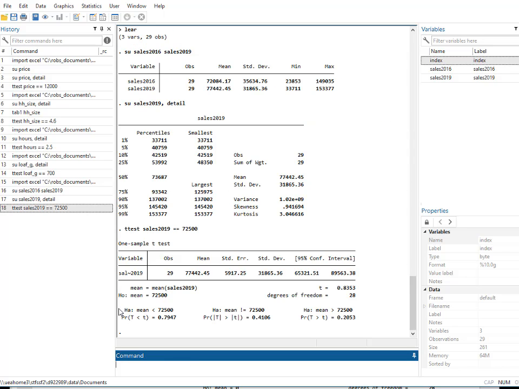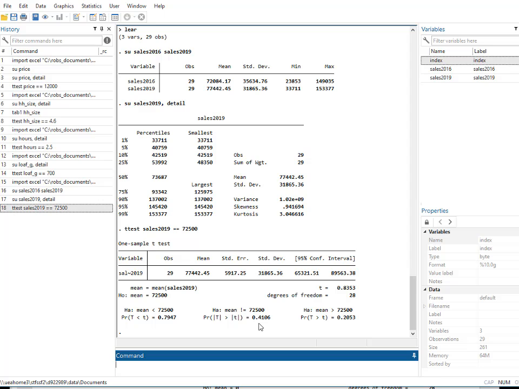Let's see what Stata is going to tell us. And we're looking for accuracy again, so it's the middle one here. So this is telling us that if it's true that among all the street traders the mean sales is really this every day, then the chance of us selecting 29 street traders at random and finding that the mean is as far away from this, either above or below, as that is there, the chance of that is 41%. So a pretty high chance. If this is what I'm believing, then my chance of seeing this data is about 41%.